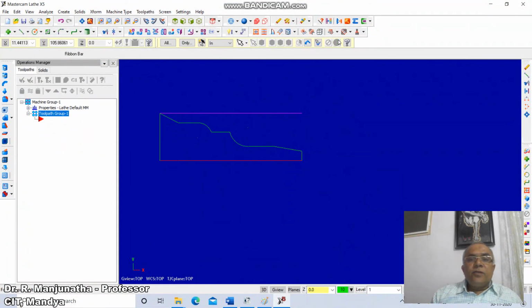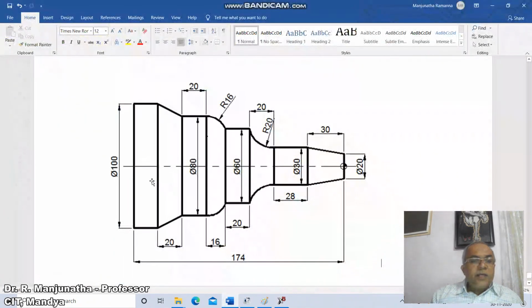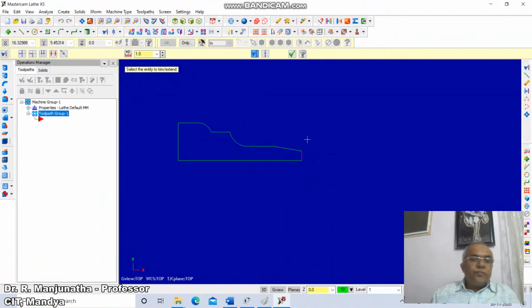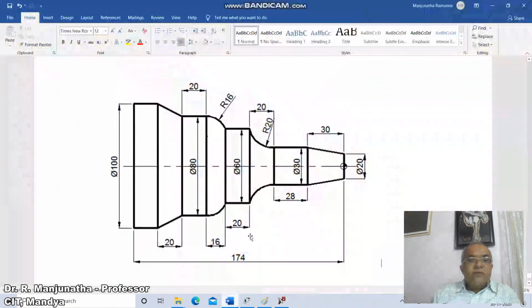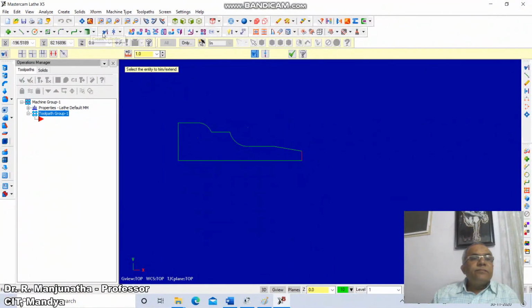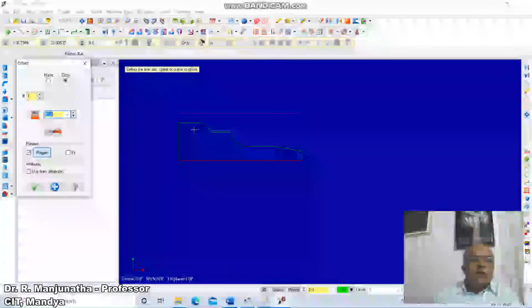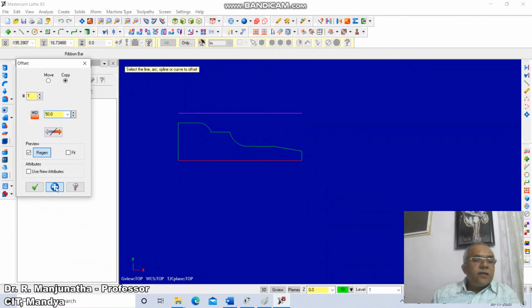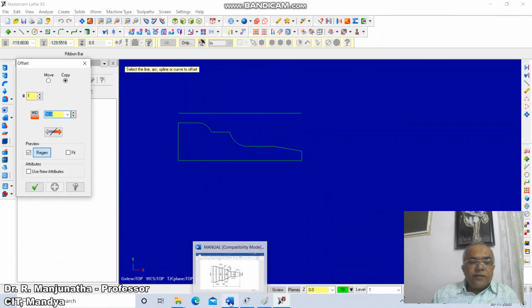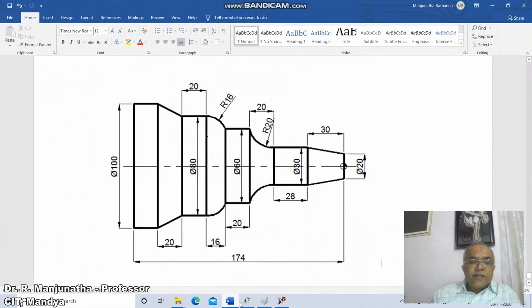line. Now from here we need to draw the offset again, so I will draw an offset line of 100 mm. So go to offset, xform offset, take the distance as 50, select this line and offset, then accept, and from here 20 mm.